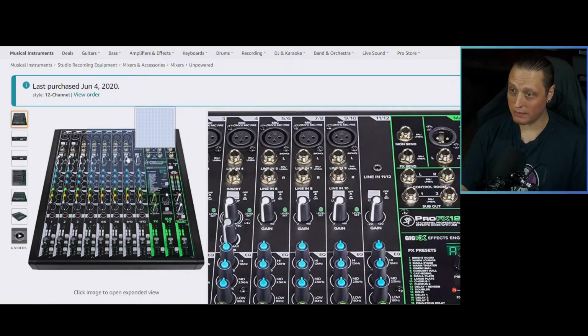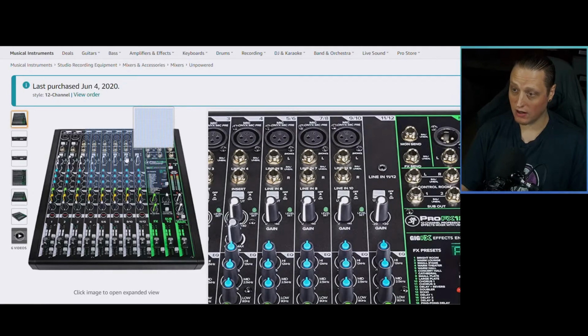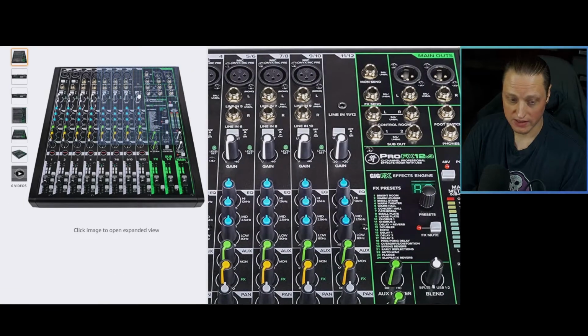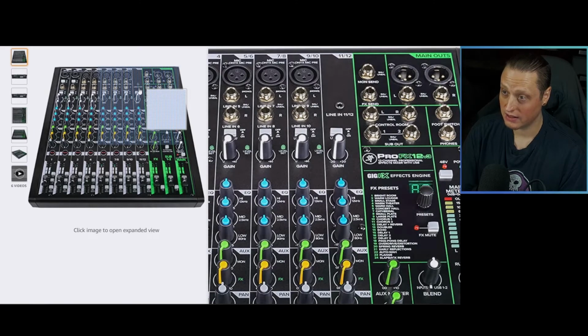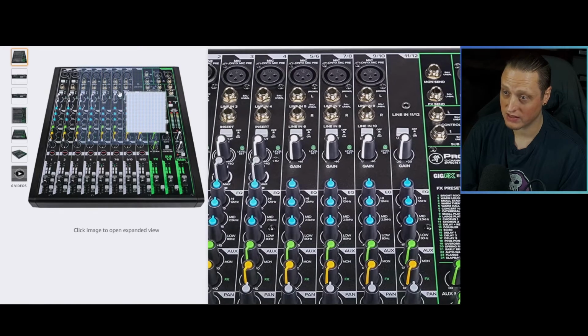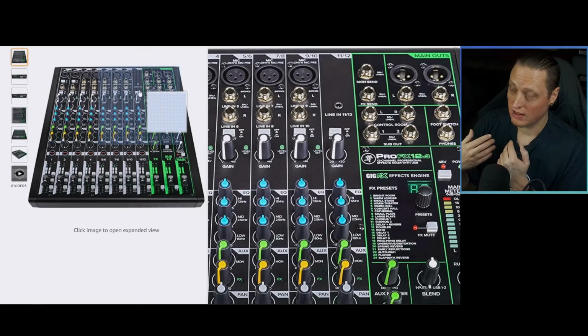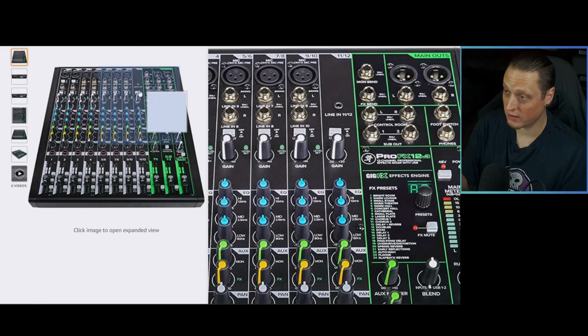The stereo inputs, unfortunately, are badly tied together. The big problem with this board is that if you plug into the line in here, thinking it's a stereo input, because as you can see, there's only 3 stereo inputs, 5, 6, 7, 8, 9, 10. Then 11, 12's got a little headphone input. This is also the USB return sound from the computer, which you would think would be great to have a sound card built right in. But the problem is